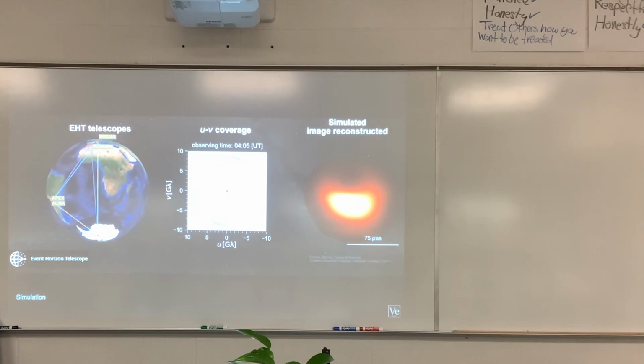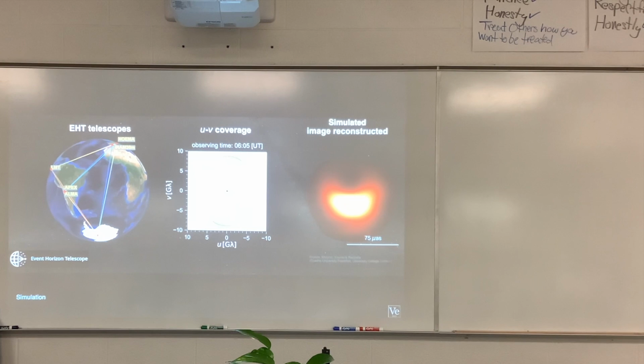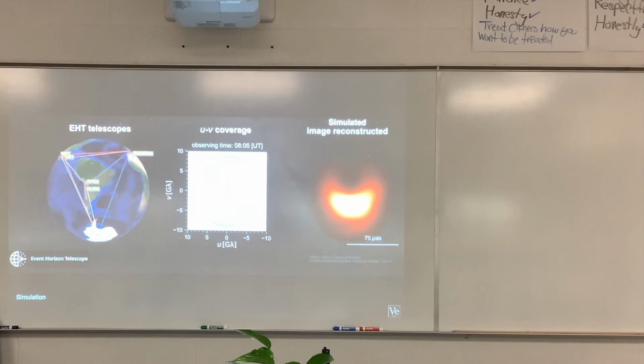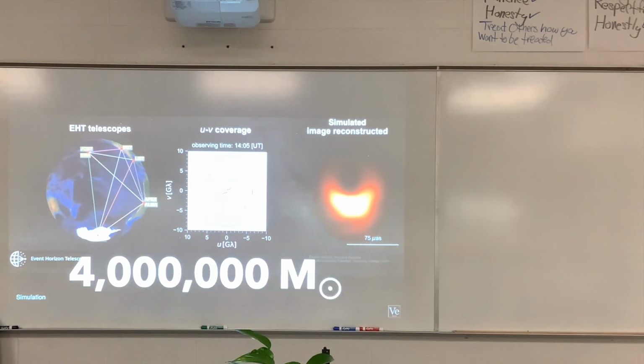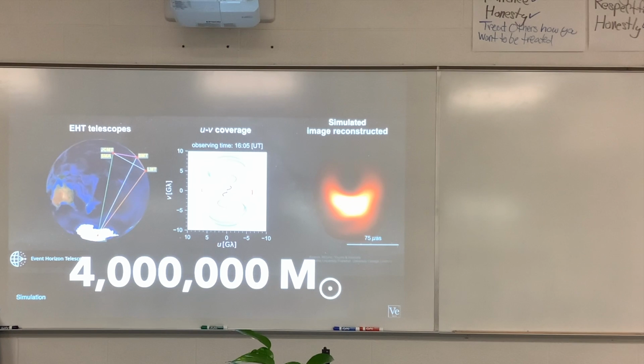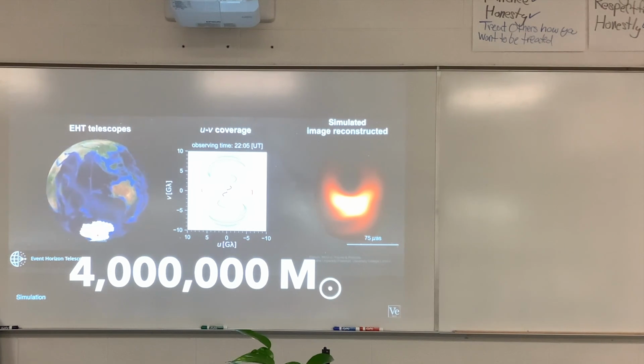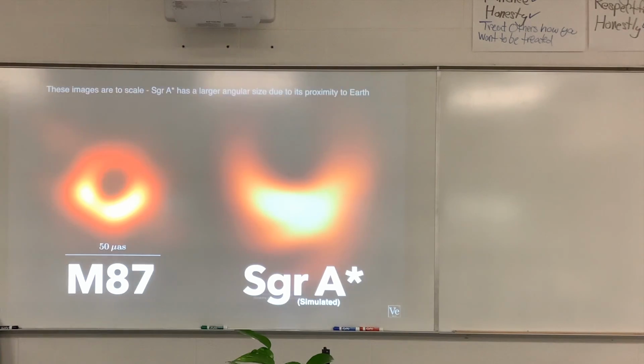They haven't yet released an image of this black hole, but this simulation shows what it might look like. It's much closer at around 26,000 light years away, but also much smaller, with a mass only 4 million times that of our sun. It's also less active, only periodically gobbling up matter, and it would have much more variation over time, with matter orbiting every 4 to 30 minutes. That's probably why we'll have to wait a little longer to see the black hole at the center of our